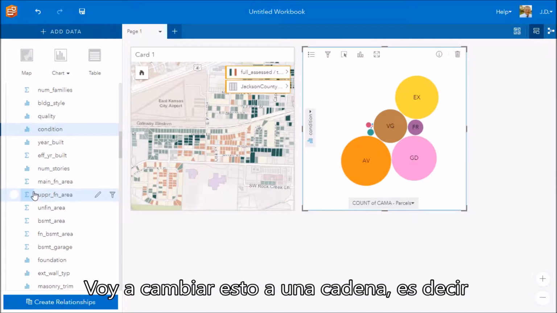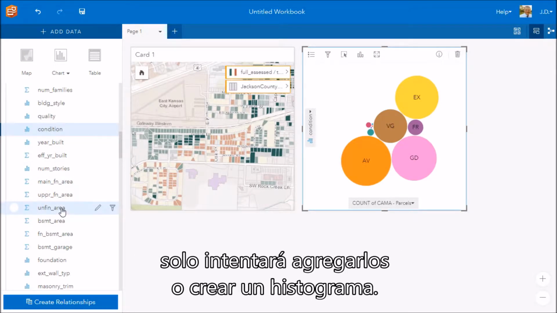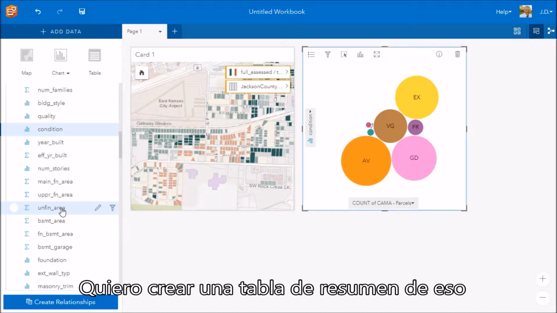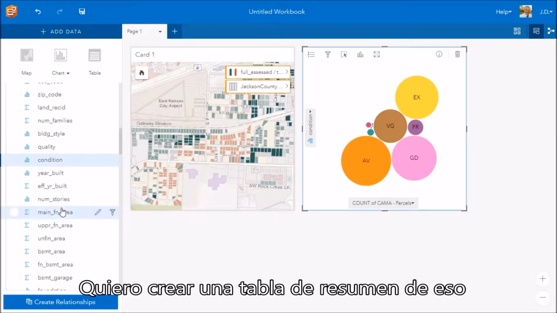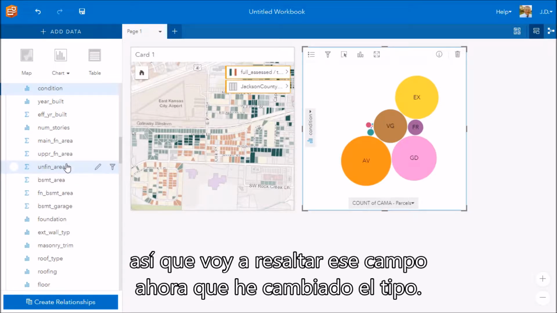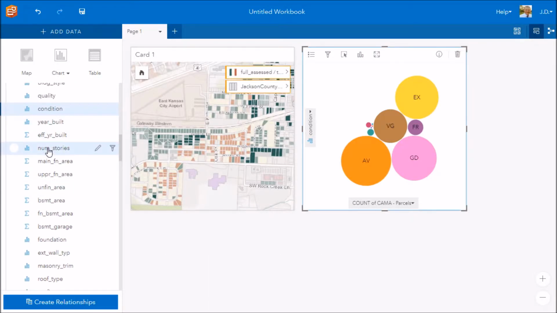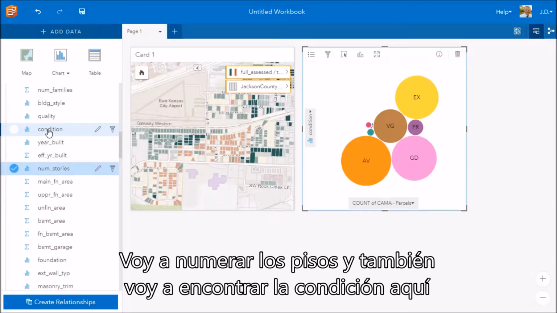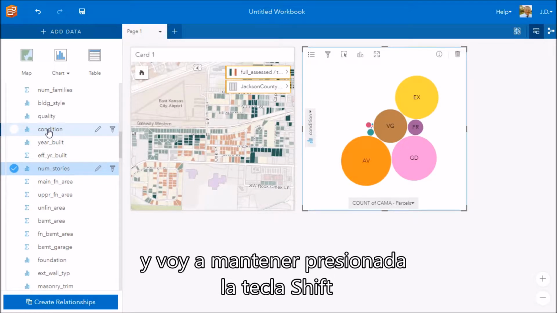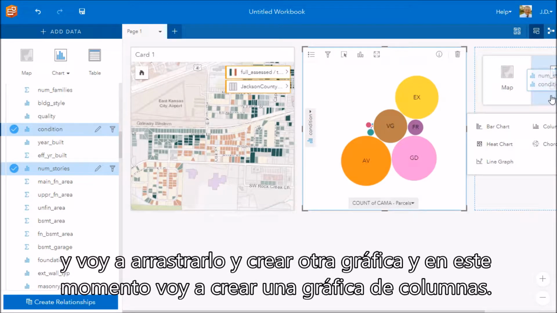So in other words, whenever I try to create a chart using a numeric field, it's only going to try to add those up or create a histogram. I want to actually create a summary table from that. So I'm going to highlight that field now that I've changed the type on it. So number of stories, and I'm also going to find the condition here, and I'm going to hold the shift key down,